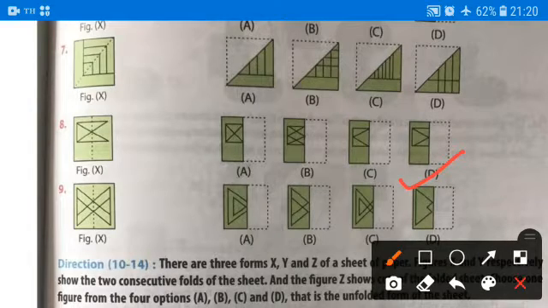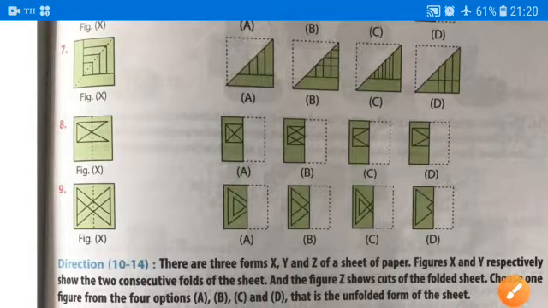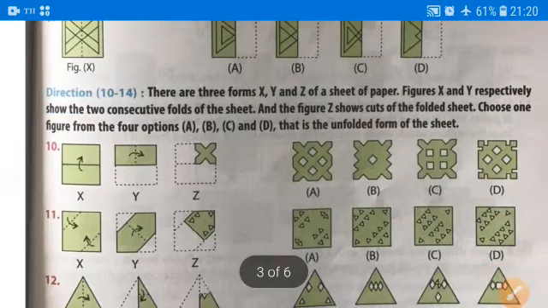Now moving further to the next question, that is question number 10. A new type of question came, in which there are three forms X, Y and Z of a sheet of paper.